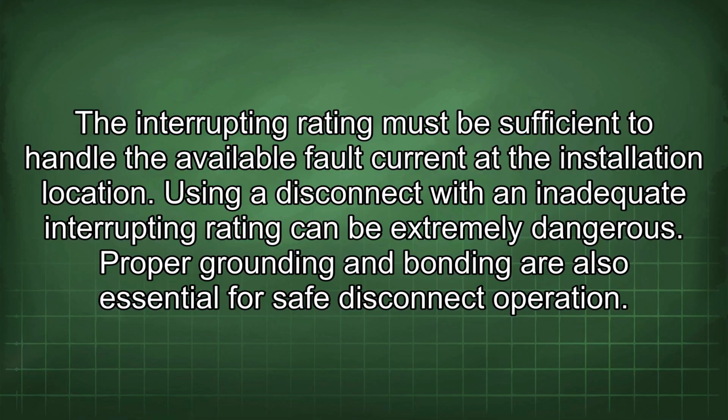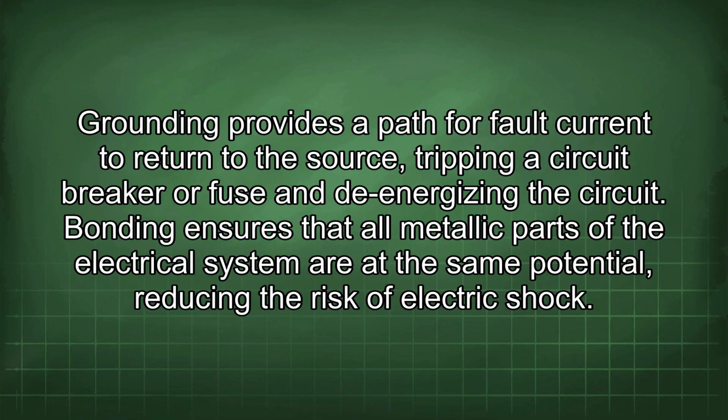Using a disconnect with an inadequate interrupting rating can be extremely dangerous. Proper grounding and bonding are also essential for safe disconnect operation. Grounding provides a path for fault current to return to the source, tripping a circuit breaker or fuse and de-energizing the circuit. Bonding ensures that all metallic parts of the electrical system are at the same potential, reducing the risk